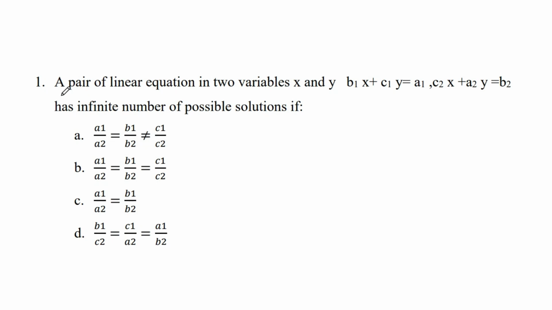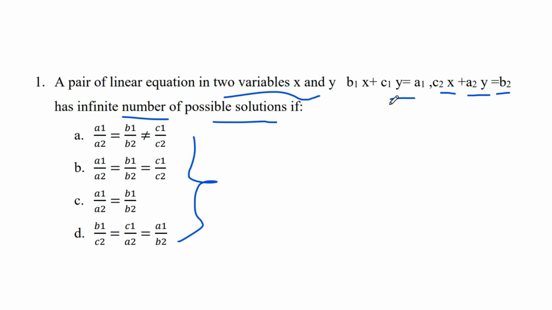Hello students, today we are going to solve some more problems related to algebra. The first question is: a pair of linear equations in two variables x and y, b1x plus c1y equals a1 and c2x plus a2y equals b2, has an infinite number of possible solutions if one of the following conditions holds. As we know, if we have a pair of linear equations, that is